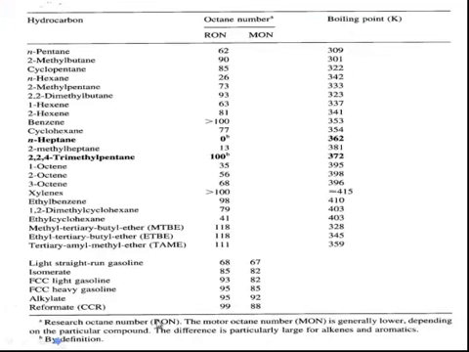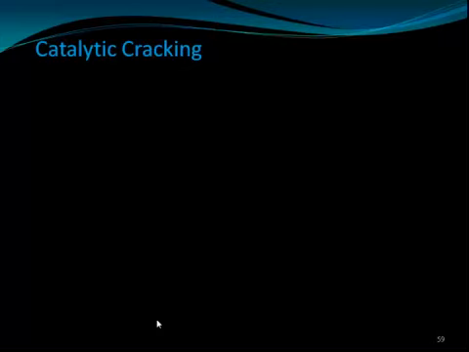Then for the hydrocarbons which we have here, we have the octane number. The octane number tells what the characteristics of the petroleum are that we are using. Octane number is one of the characteristics of petroleum. Generally we will have some definite octane number. Octane number is necessary to avoid the knocking sound in the engine.